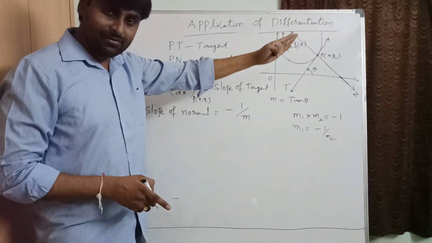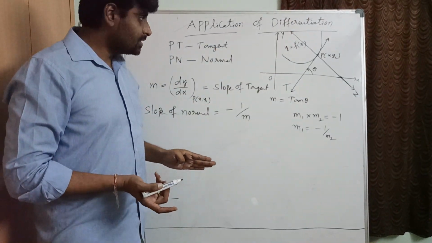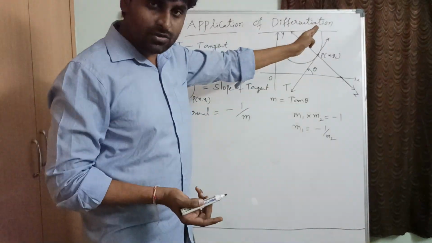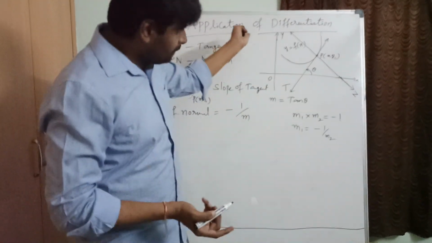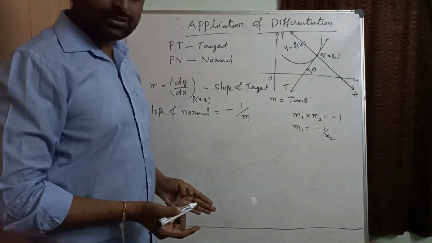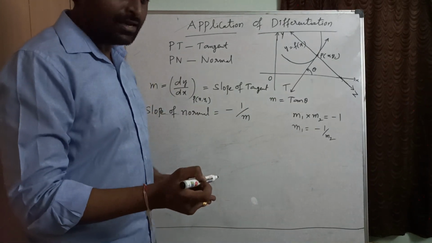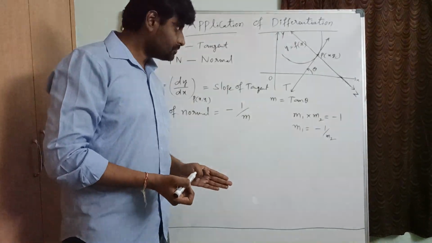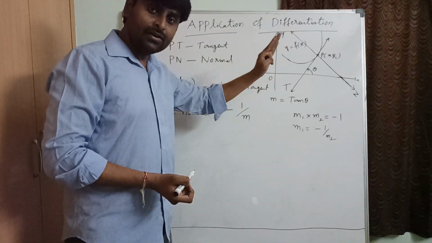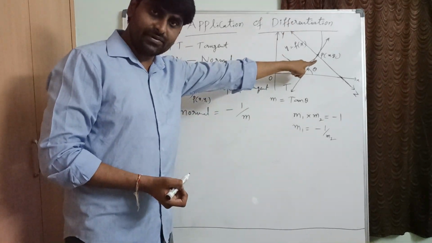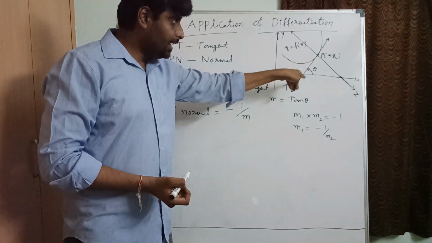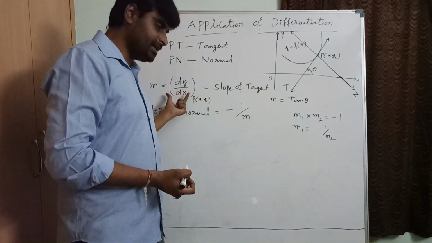Generally for every line, we have an equation. Similarly, for every tangent also we have an equation. Similarly, for every normal also we have an equation. Generally, to find the equation of any line, what is needed? We need a point. Yes, the point is given, suppose x1, y1. And what is the slope of that? Yes, we have found out m.